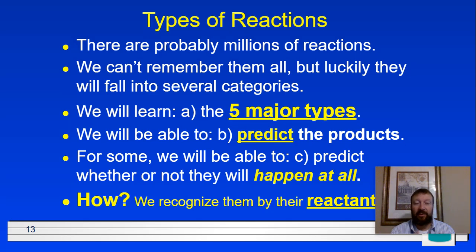But the last part we get into in this chapter is the 5 major types of reactions. Being able to identify them is really all I'm going to have you do. If you look at this second part, B, it does allow us to predict the products. So you can say, what if I mix this and this together? It will tell you what the products are going to be, as long as we know those 5 or 6 major types that we look at. So how do you recognize them? You look at what the